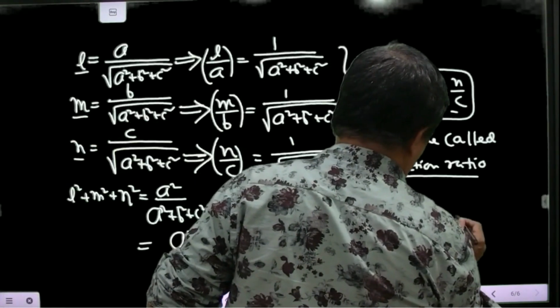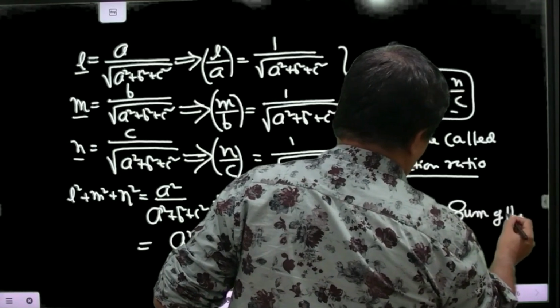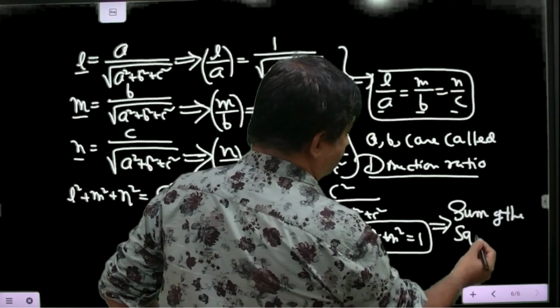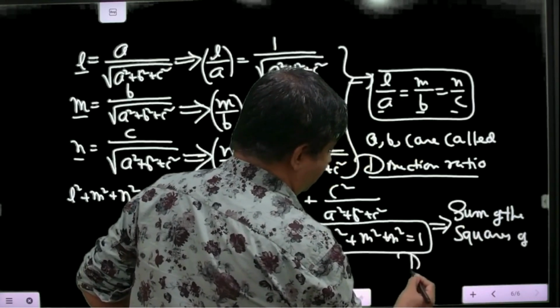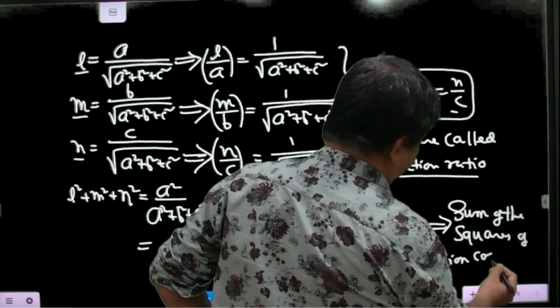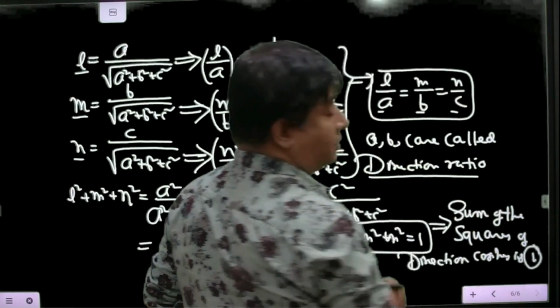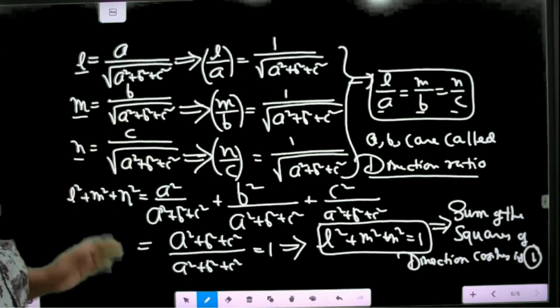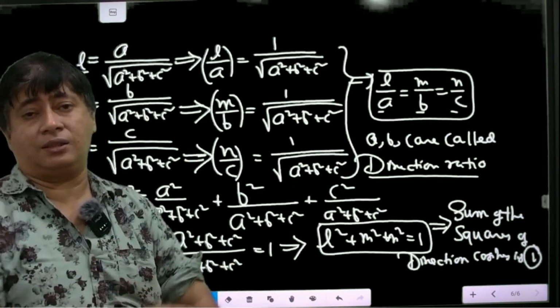So the sum of the squares of direction cosines is 1 always. Hope you understood. Now we can discuss about the